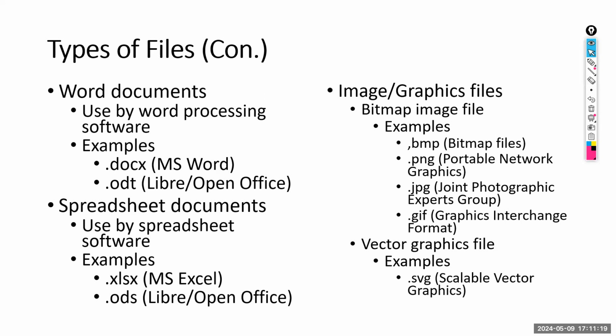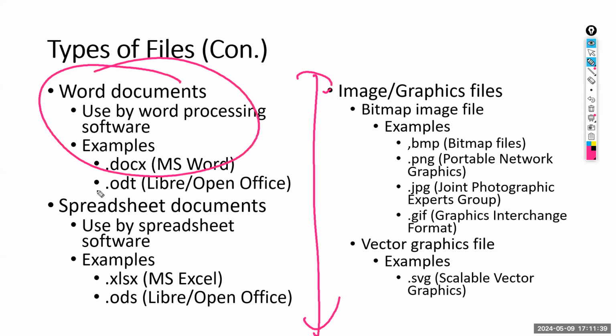We discussed that under vector images. Yes, vector images. If it is a vector image, usually it is SVG. We discussed that under representing data also. So these are some special types of Word documents, spreadsheets, images,